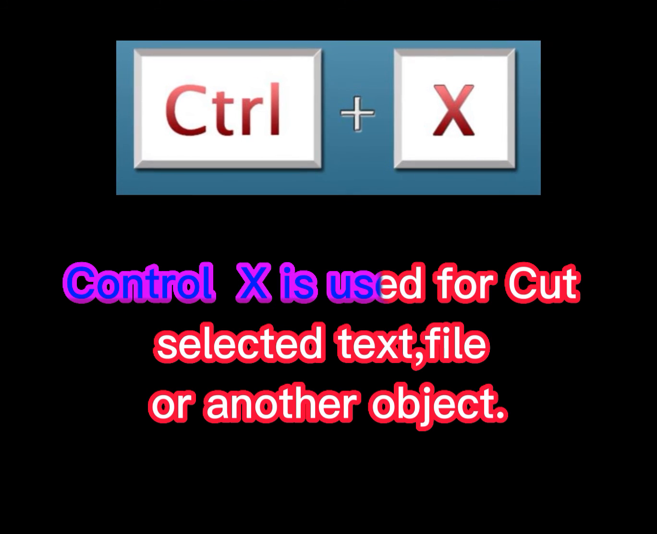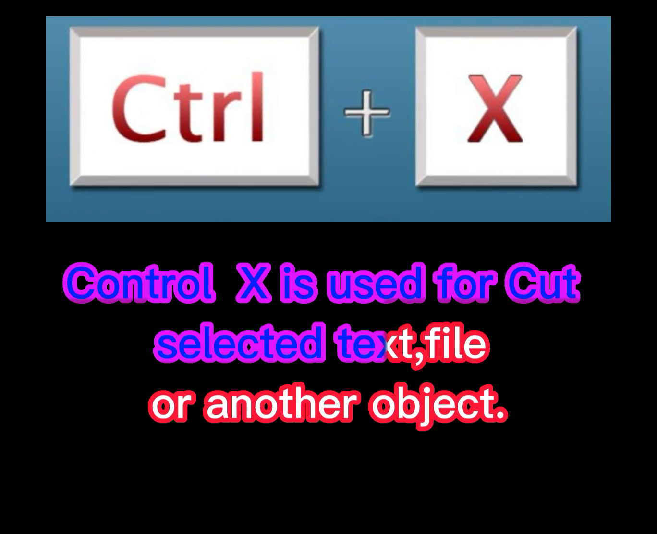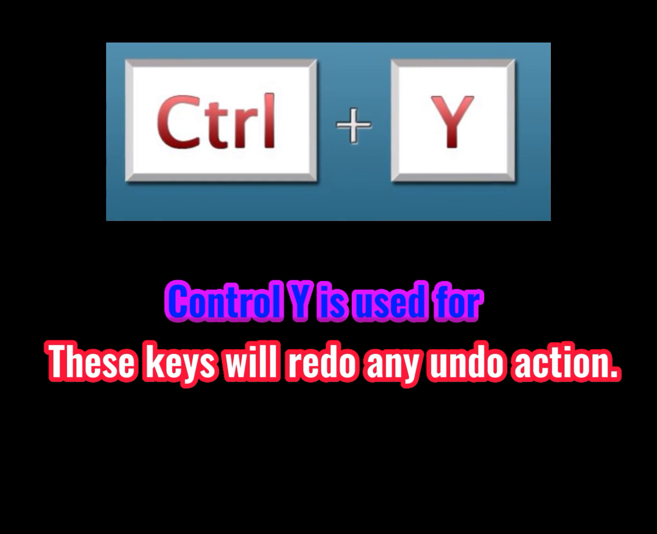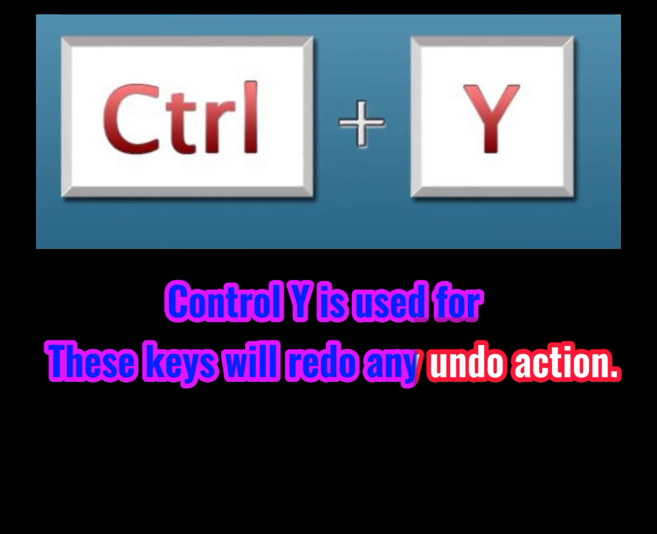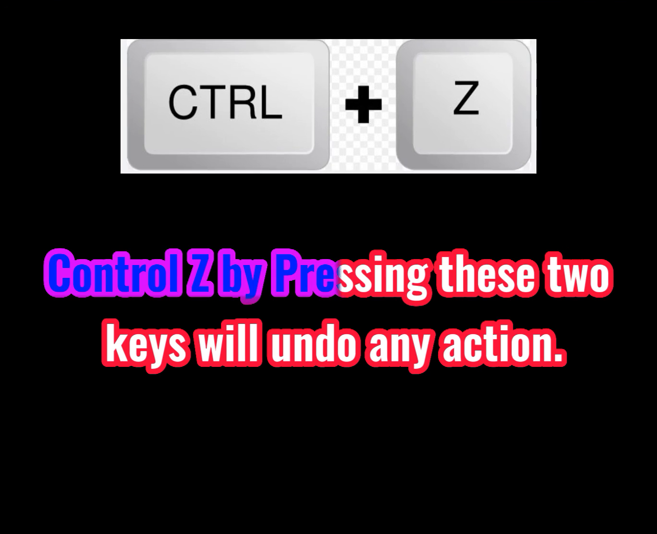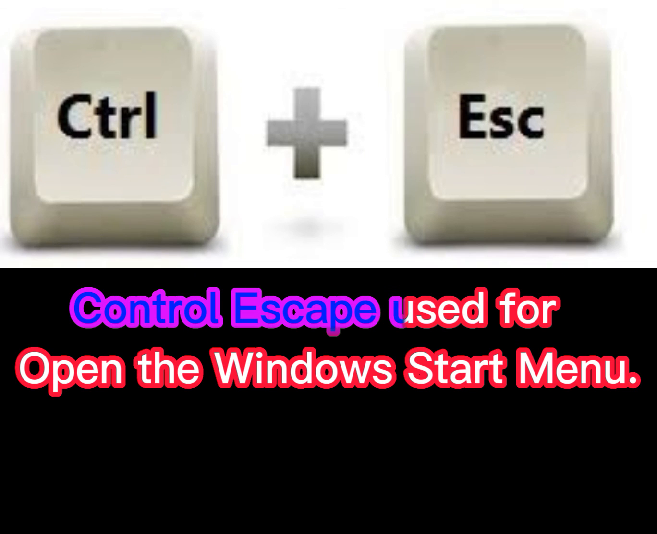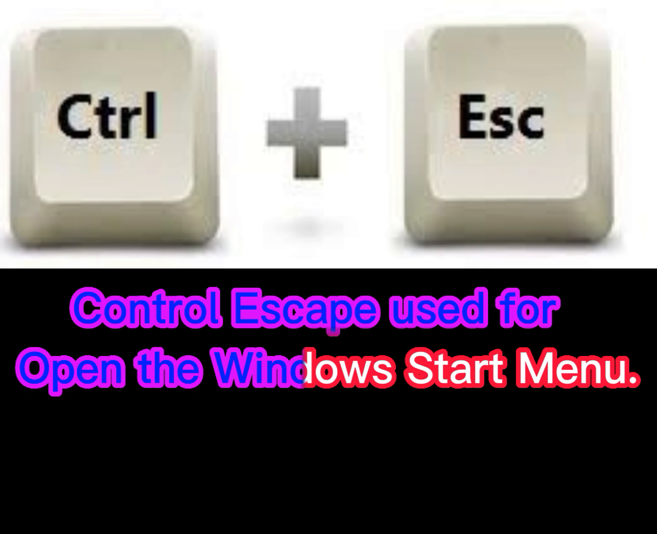Control X is used to cut selected text, file, or another object. Control Y will redo any new action. Control Z, by pressing these two keys, will undo any action. Control Escape is used to open the Windows Start